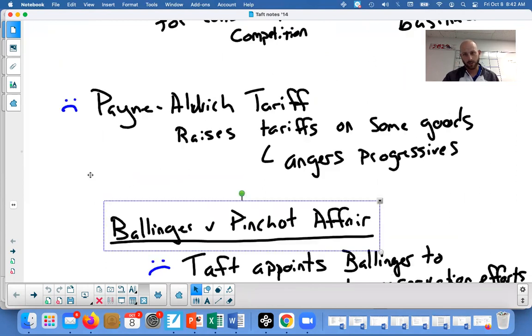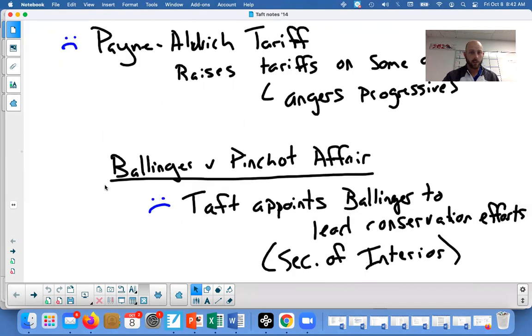Which angers the progressives, okay? Then you have the Ballinger-Pinchot affair, where Taft appoints a different person. He fires essentially Roosevelt's Secretary of the Interior, Pinchot, right? Who has a differing view on how to handle conservation, who believes that businesses were the best to do that